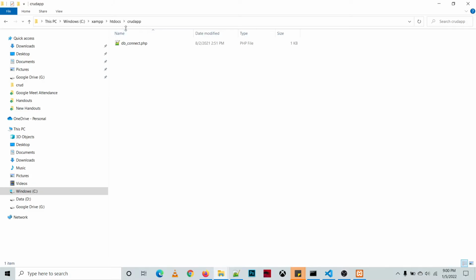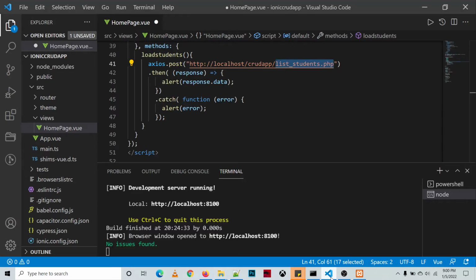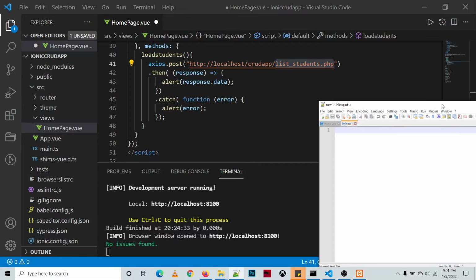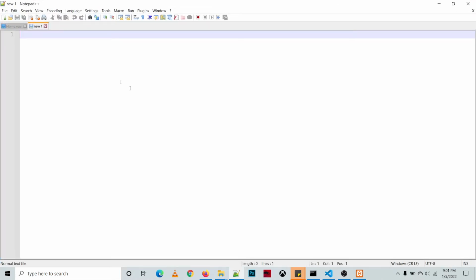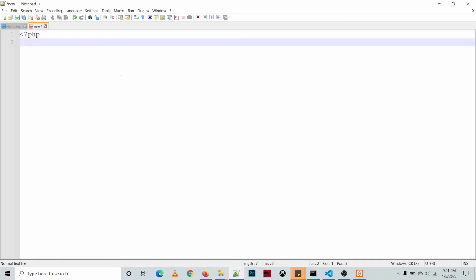We have here the CRUD app folder, and then we'll be creating a file which is liststudents.php that will serve as our script, where we are going to define our PHP script to retrieve the data from our database. So php,